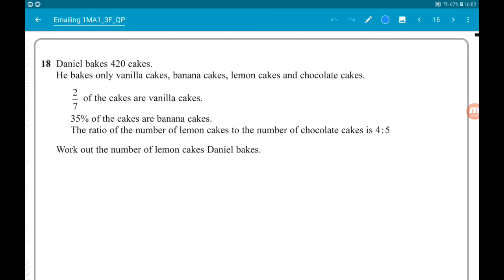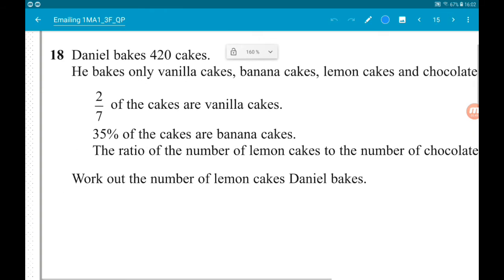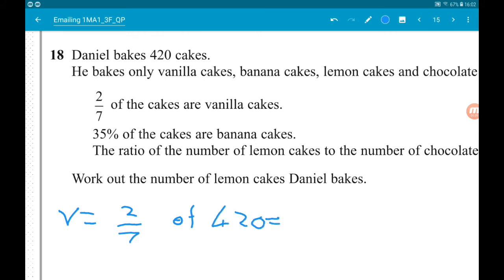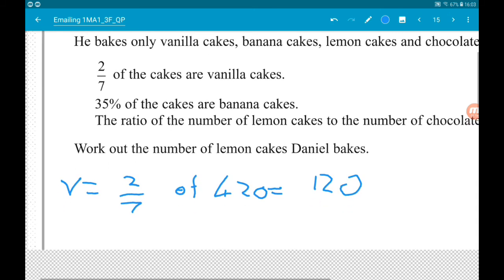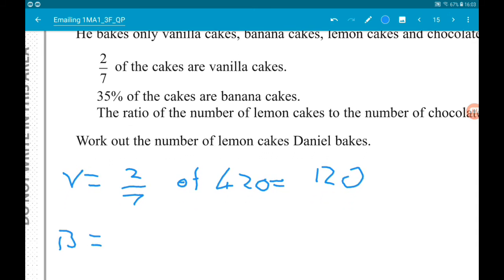Okay, so we can work out, first of all, the number of vanilla and the number of banana. So, vanilla is 2/7 of 420. Now you can do that on your calculator, put in 2/7 times 420, and you will get 120. Then for the banana, that's 35% of 420. Now on your calculator you can do that by doing 0.35 times 420, and you're going to get